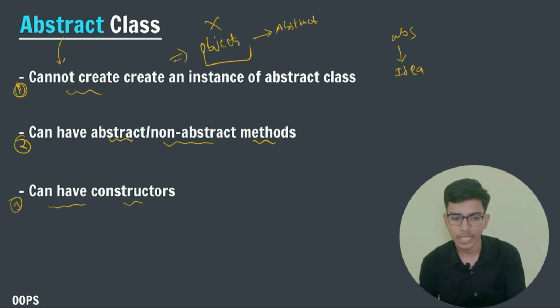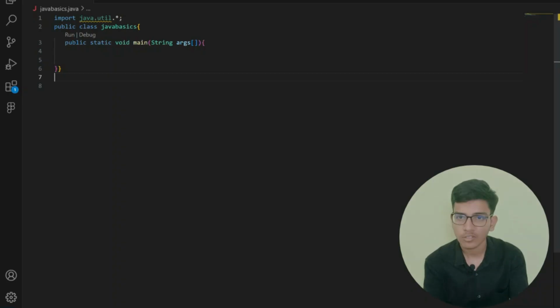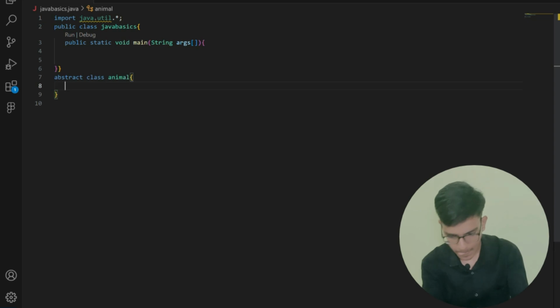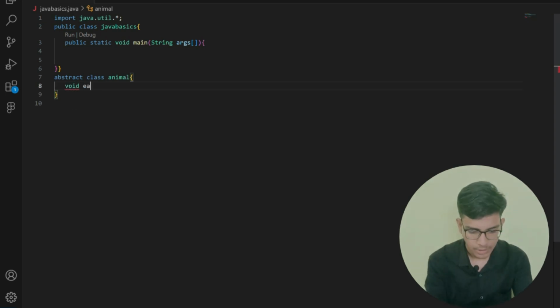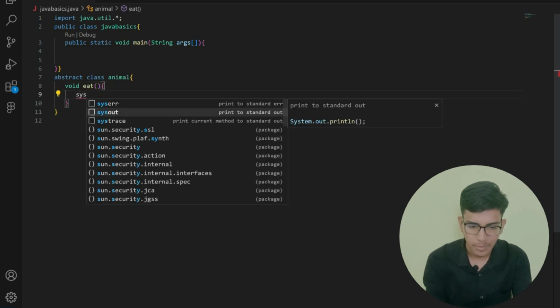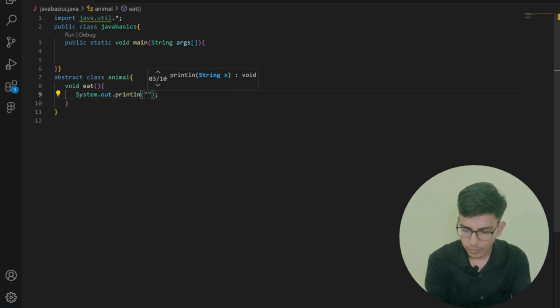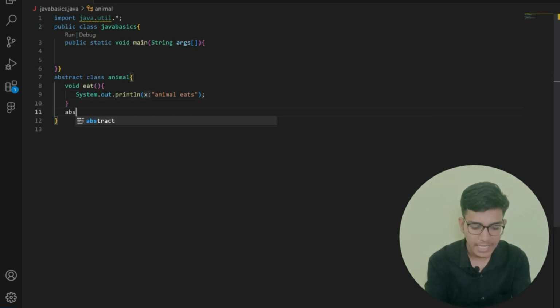Now let us see how we can create an abstract class. To understand the concept of an abstract class, I am creating one, so that you will understand how an abstract class works and why we use it. Now I am going to create an abstract class, Animal. In this, void eats, I am going to create a non-abstract type method. In this I am going to print System.out.print "animal eats". After that I am going to create an abstract type function, abstract